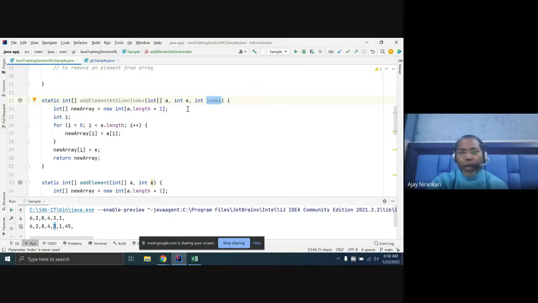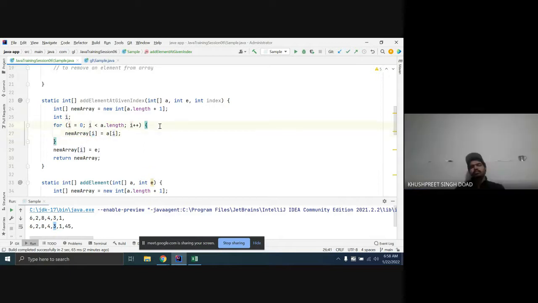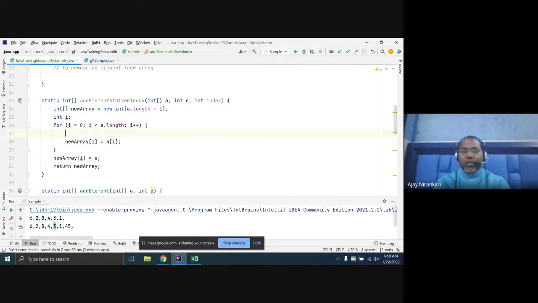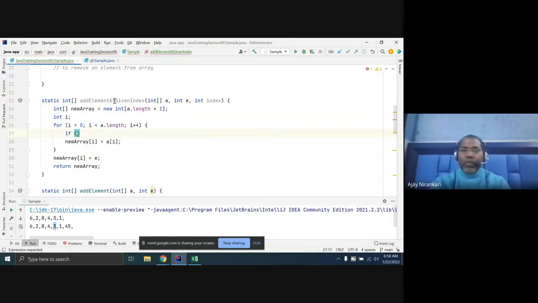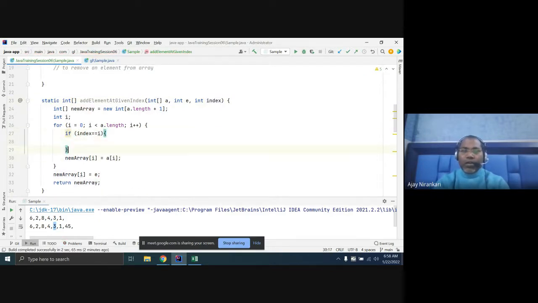So while copying elements, you have to check your index against this index. This is the position you are passing. So here you have to check if your index matches with i or not.